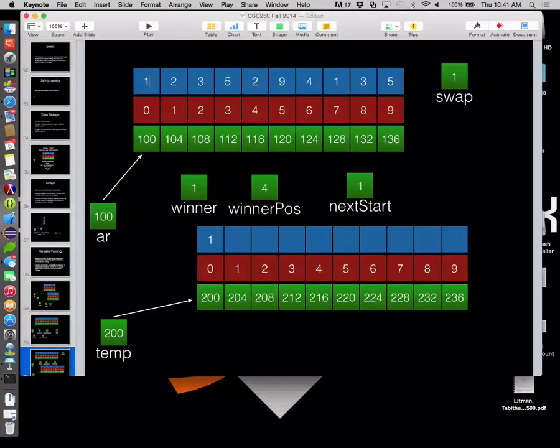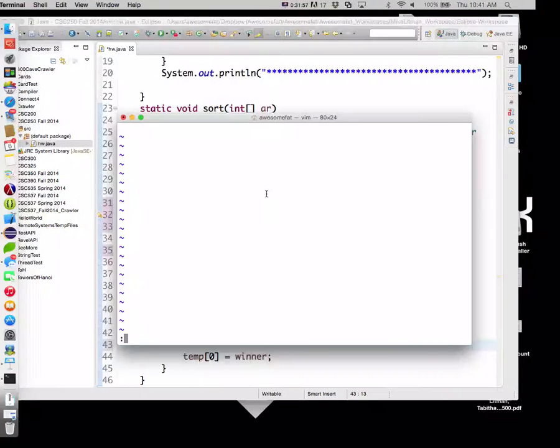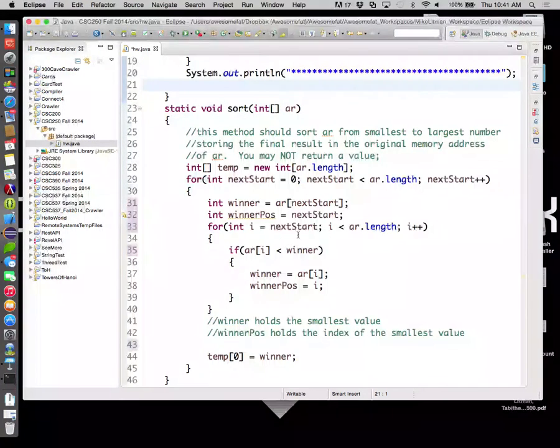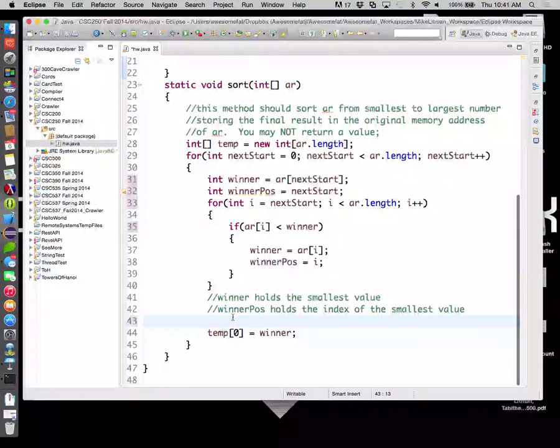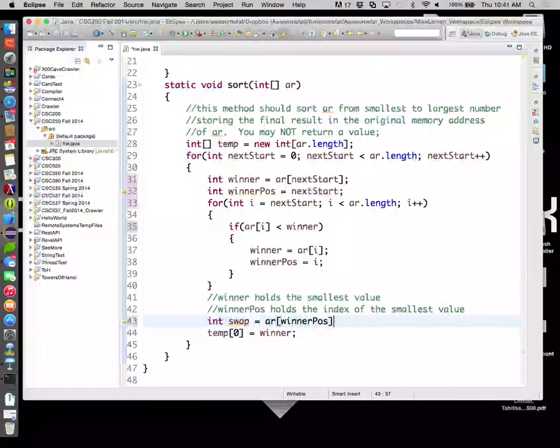That make sense? So let's write the code associated with each of those steps. First thing, we're going to fill swap up with whatever's at position winner pause. So we're going to create a new variable, and this guy is going to be equal to AR at bucket winner pause. Then,